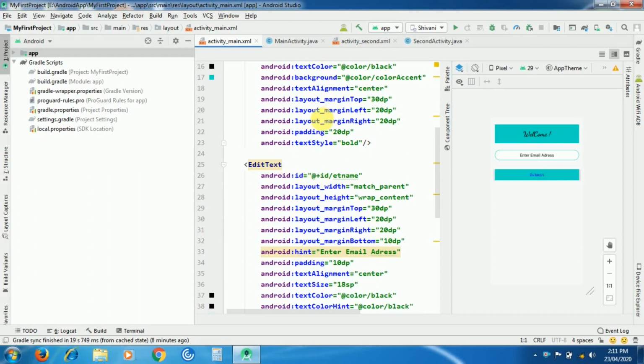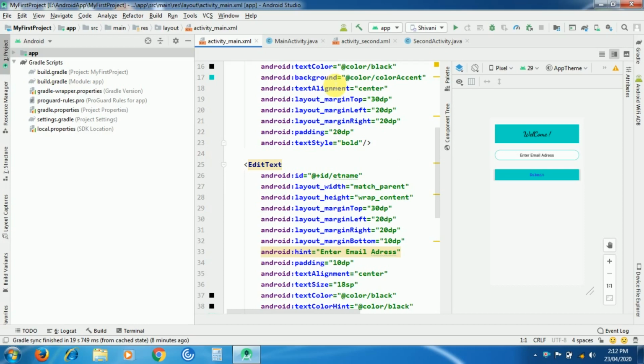Welcome to my channel. Today I am going to explain how to create APK in Android Studio. So let's start. First of all, there are three ways to run Android app in our device. The first is using USB cable, that we can directly connect our device through USB, and with the help of this run button we can directly run our Android app in Android device.